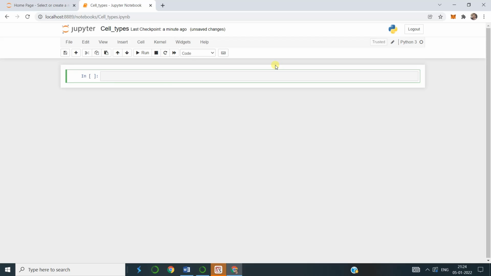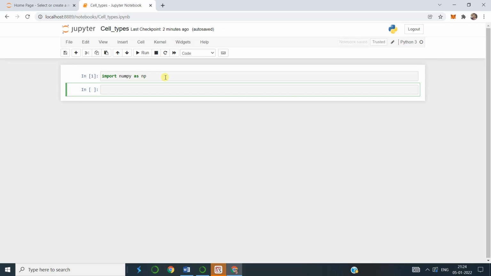So initially by default it will be code. The cell format will be code because the primary purpose of the Jupyter notebook or any editor is to do the coding. So when we are using it as a code format, basically this will be in an executable format. The cell will be in an executable format, so it will adhere to the language which we are using. The basic cell format will be the executable format, cell run format. So we can simply run this cell by the keyboard shortcut Shift plus Enter. Okay,